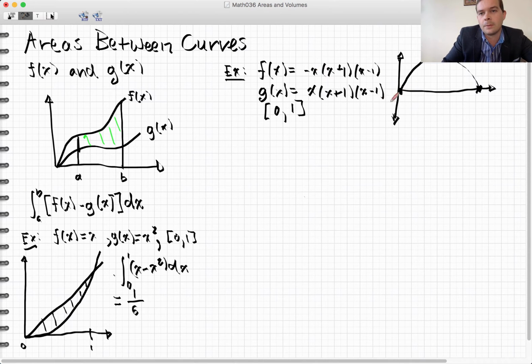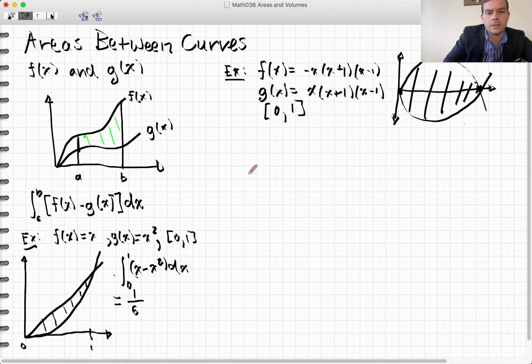So I'm going to have this bump from f of x, and then I'm going to have this bump from g of x. And actually, they look the same but reflected. So now we know that f of x clearly is going to be larger than g of x here,